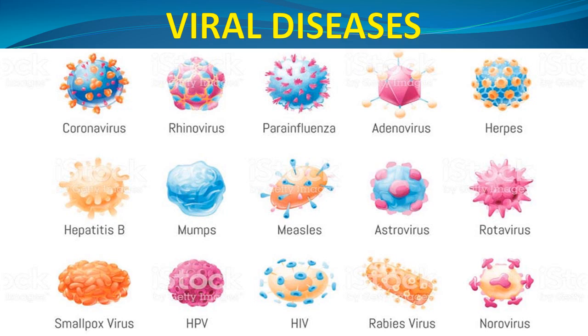Some of the names of the viruses are actually given based on the diseases they spread. For example, coronavirus, as you know, is causing the disease corona. One more example is herpes, which causes the disease herpes. Mumps, again, is a disease name. Hepatitis B, again, is a disease name, hepatitis. HIV is a virus name which causes the disease AIDS. Then rabies virus, in the name itself the name of the disease is there, which is known as rabies. So like that you can go through here.